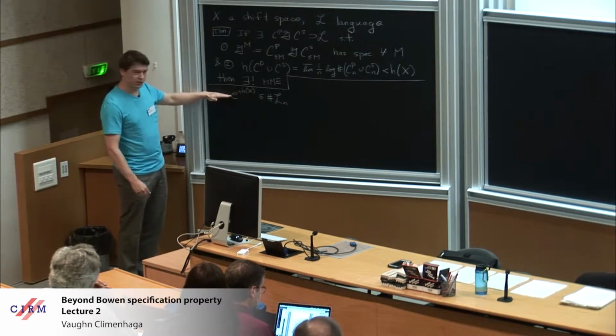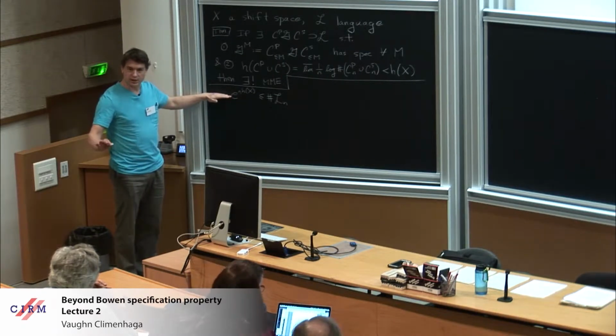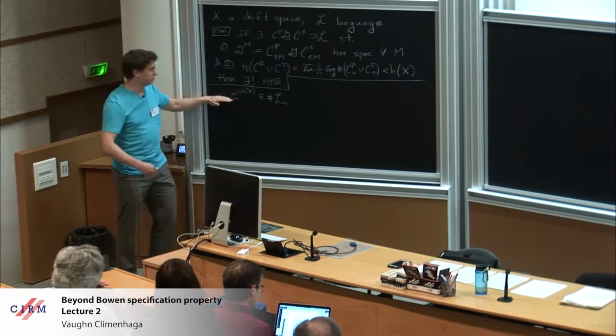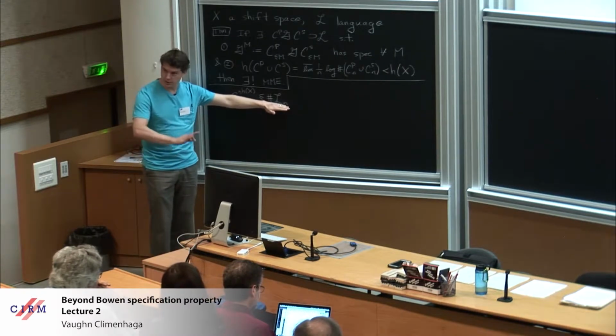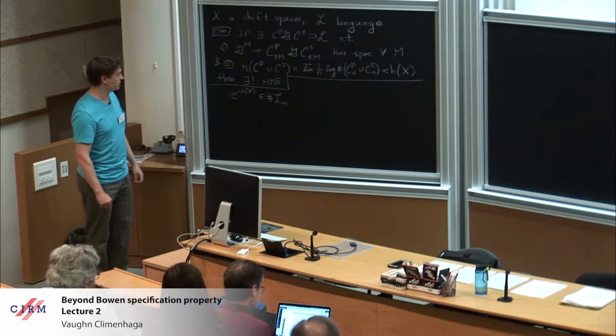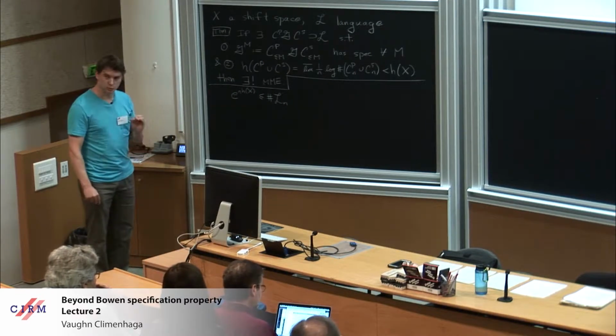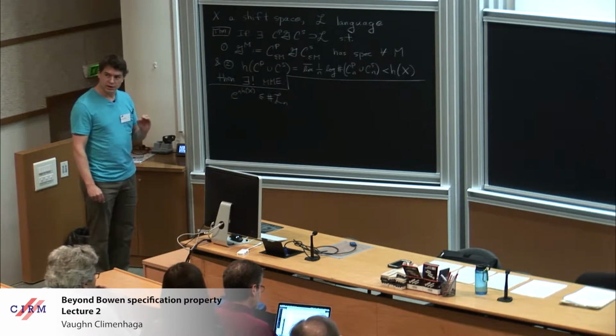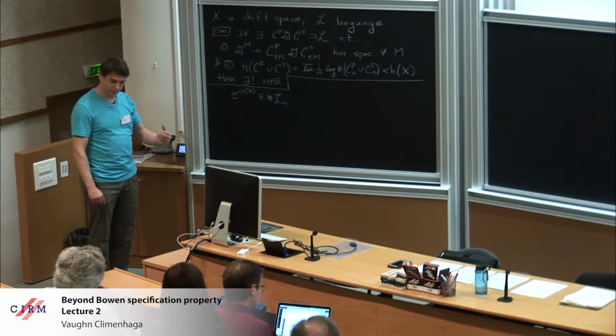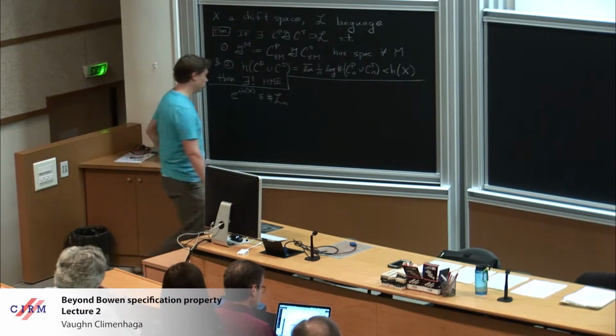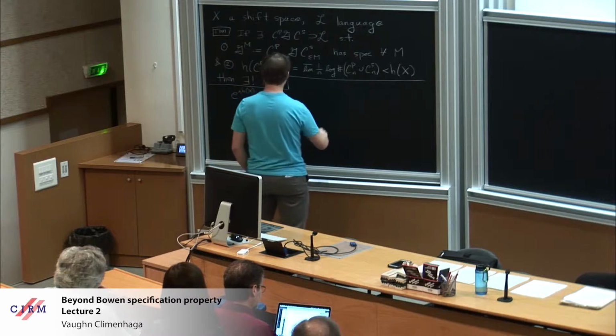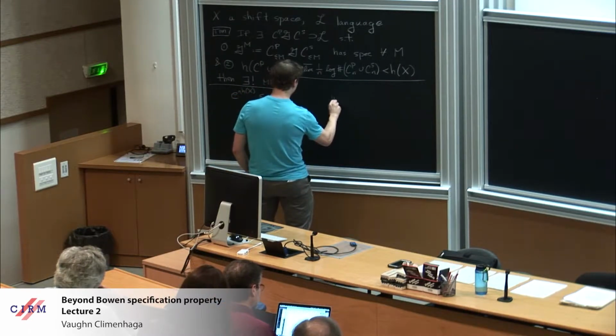The lower bound is completely immediate. The argument that I gave for this last time just involves submultiplicativity of this sequence and nothing more. It requires no assumptions on the shift space. The upper bound required the specification property, and therefore a priori we only get the upper bound for the collection of good words. So this specification property implies that the number of good words,